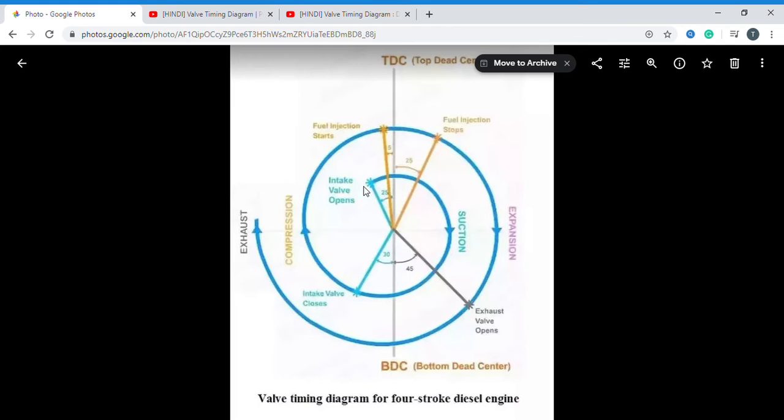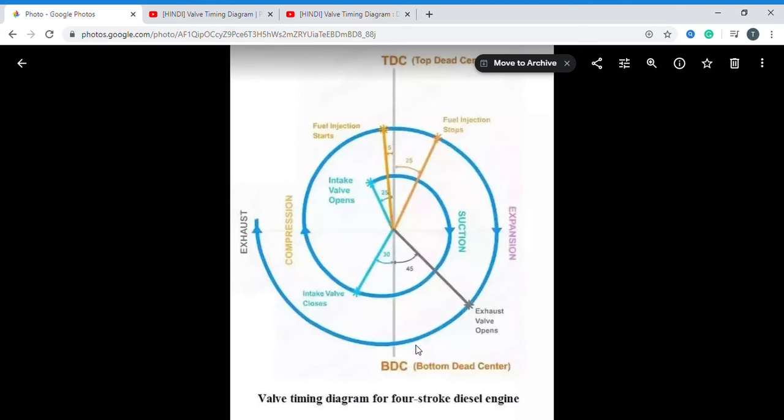The inlet valve opens before TDC 25 degrees and gets closed after BDC 30 degrees of the crank angle. Okay, the compression is taking place. The fuel injection starts before TDC 5 degrees. The fuel injection will be stopped after TDC 25 degrees. So that is the fuel injection process. And then the expansion process started. The exhaust valve will be open before BDC 45 degrees,